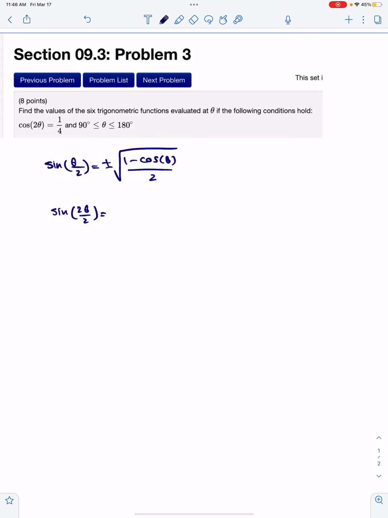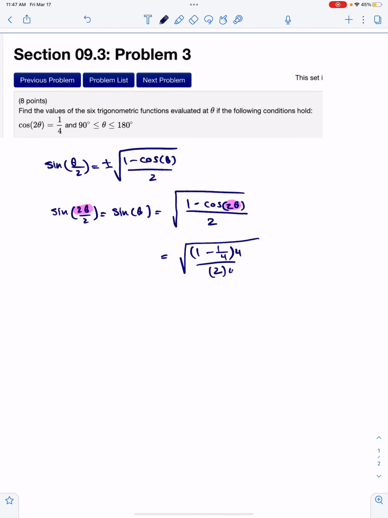over 2, which is equivalent to sine theta, is equal to, sine is in the second quadrant, positive, so we're going to take the positive one, 1 plus cosine 2 theta. So these have to match. Divided by 2, which is equal to square root of 1 minus 1/4 divided by 2. We're going to multiply 4 here, and we're going to multiply 4 here. We will end up with square root of 4